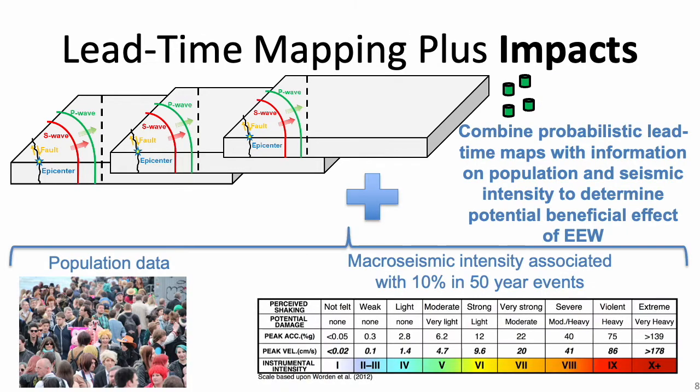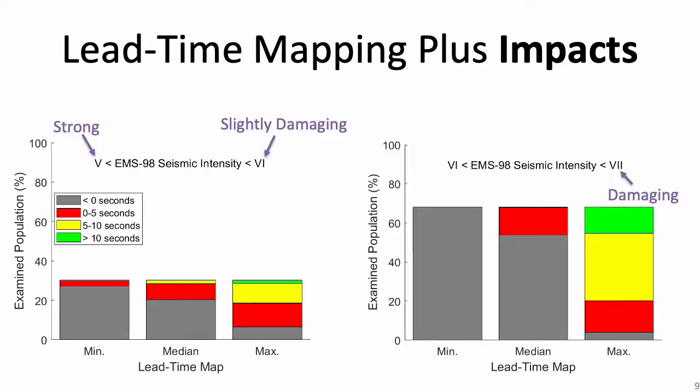But lead time isn't the whole story, okay? So what we did was we combined the lead time map with information on where people live in relation to the amount of lead time that's available, as well as the type or the intensity of shaking that they might experience in these earthquakes, to come up with a more informed idea of the beneficial impacts of earthquake early warning in Europe. And if we combine all of this information together, we can come up with plots like this, where